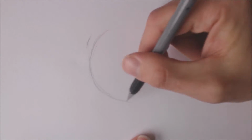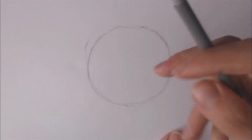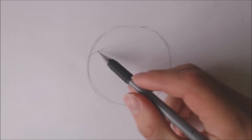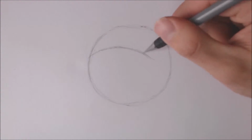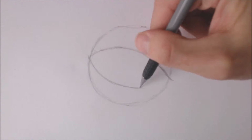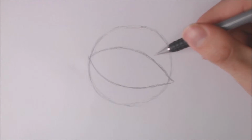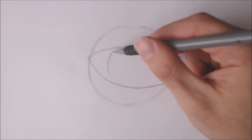Well, an eye that's made of an eyeball. First, you draw a circle, which is your eyeball. Then you draw yourself a line, a curved line, to make your eyelid. Then we draw another curved line to make the bottom eyelid. Then you make a little tear duct, and then you start doing a circular